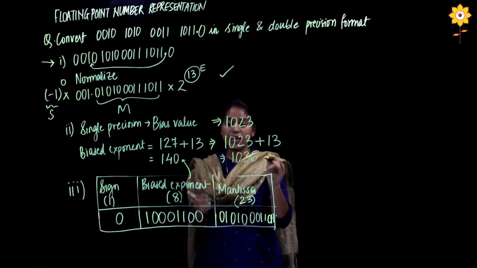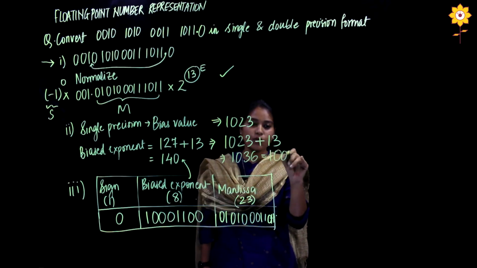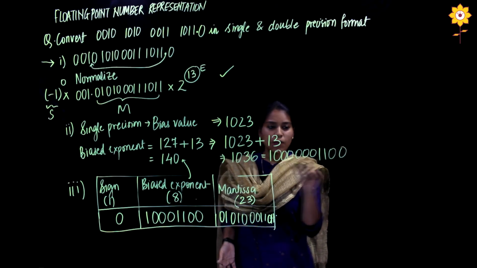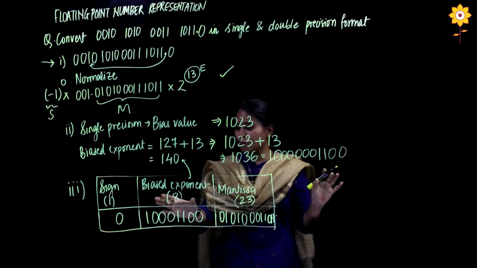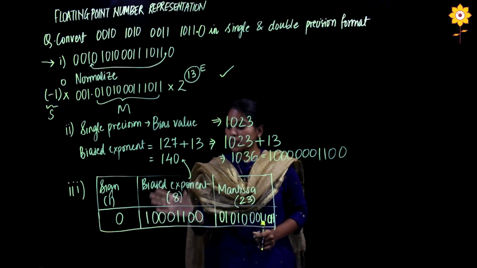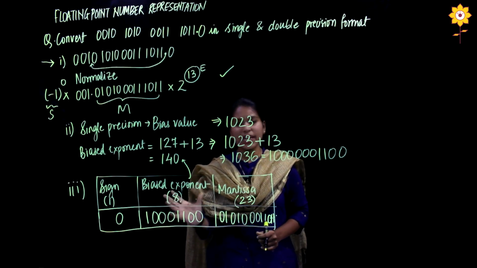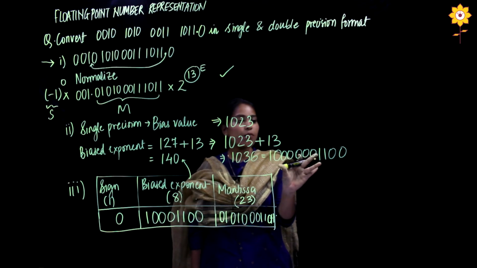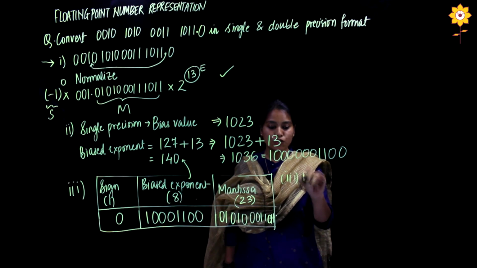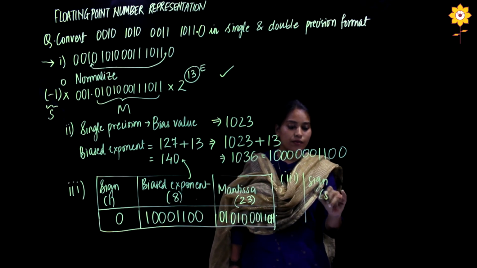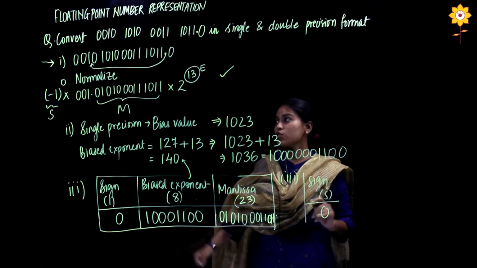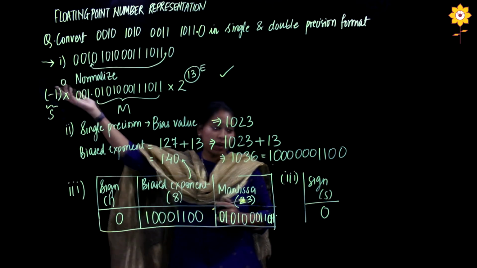Now what we'll do, we'll find its binary equivalent, I think, which is equal to 10000001100. Now even if you observe, this comes up to be 11 bits. Here in this single precision format, you got equivalent 140 to be 10001100, which is an 8-bit number, right? Exactly. Even here this number comes up to be 11 bits, right? So if you remember, in the third part when we write it in the actual format, we'll have to write the sign bit. So obviously the sign is going to be what? The sign is going to be a 0 because again this is a positive number. So here you have a 0.